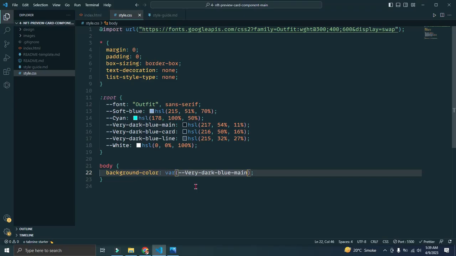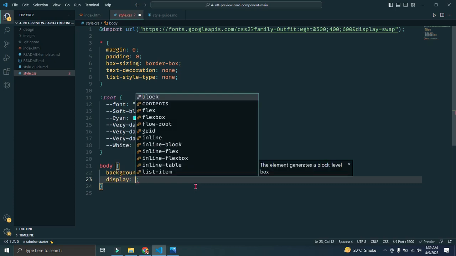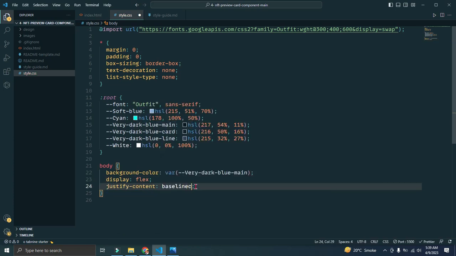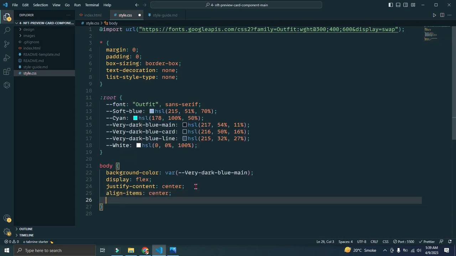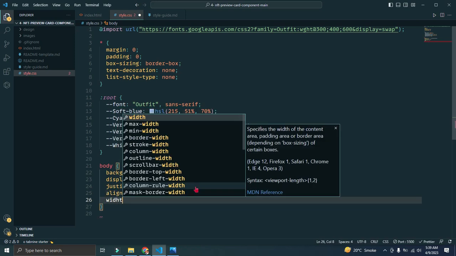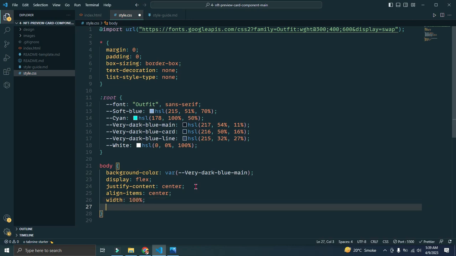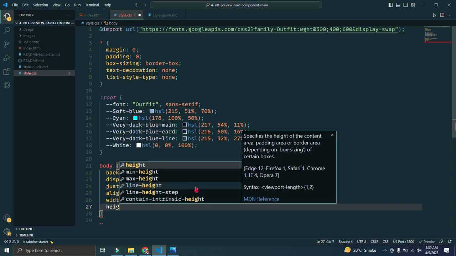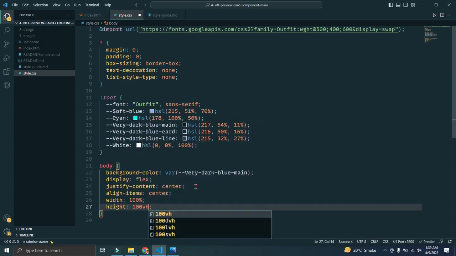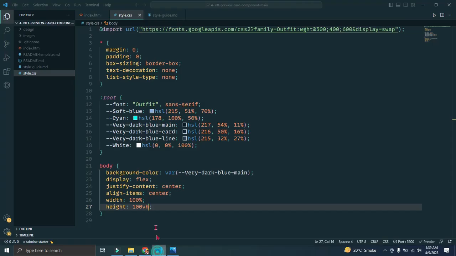Good. Okay, now we have to give the body display of flex, justify content center, align items center. To make the width fixed, we have to give width 100%. So the inner card should be in the center. So we have to specify the height to 100 VH. Let's see. The text is here. Now let's start